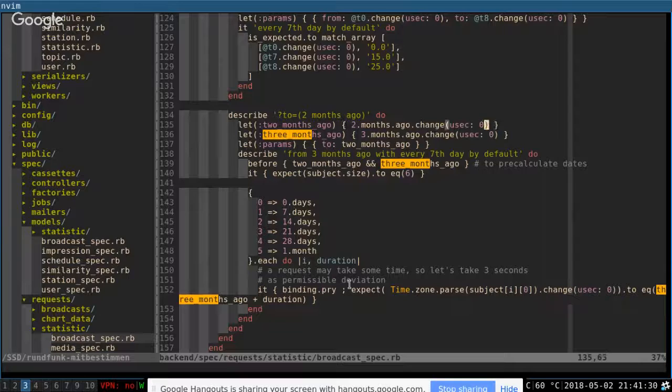If we want the statistical data until 2 months ago, then we have the time range from 3 months ago, 1 week each. That's the duration. The duration will increase for every test case here, and so that's how we calculate the date.